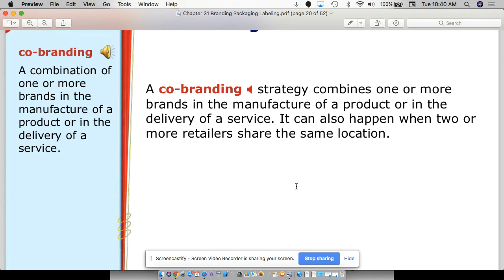So generally, when you have movies that come out, they do have a pairing with McDonald's or some fast food place, right? So then you can get the Happy Meal toys with whatever the thing is. That is an extension of co-branding when you take two different products and put them together and both of them kind of play off each other. So on one hand, you're getting promoted the movie that's coming out, and on the other hand, McDonald's is getting promoted and also being connected to that movie in some sort of a way.